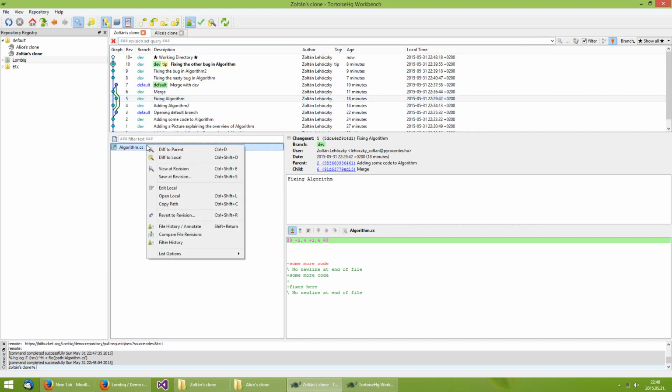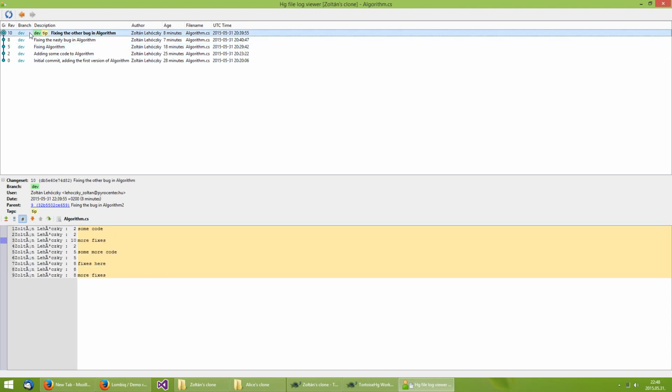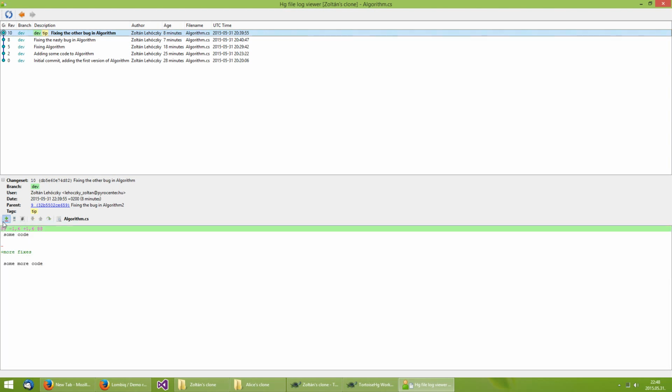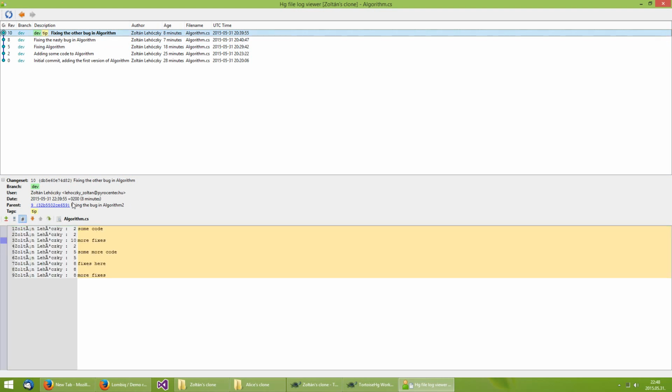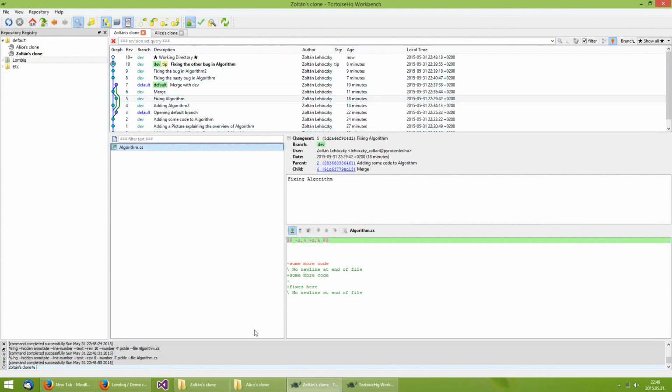There is a bit more complicated way of doing this. There is this file history annotate option. Now this will display this separate window, and again here we will see the changes of the files. We can select the diff view here, so we will see which lines were added and which lines were changed. Or we can use the annotation view, where on each of the lines of the file we can see who changed it and in which revision. So this is a great way to see how a file was modified during the history of the repository and who did specific modifications. But for this to work, we need to keep track of files even when they change their name. So let's do that, and let's go